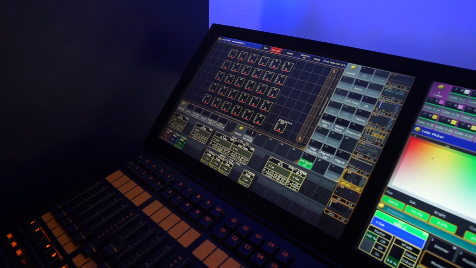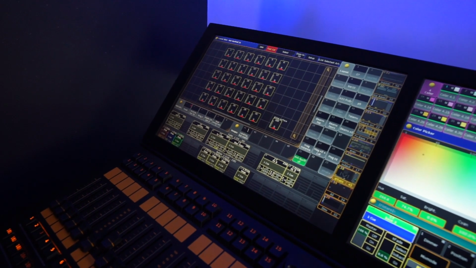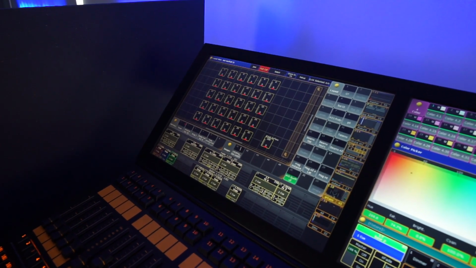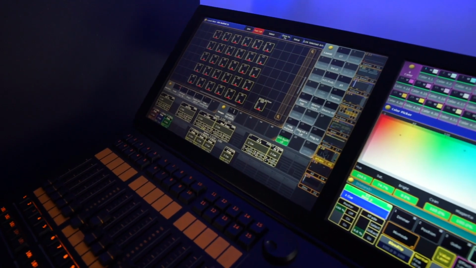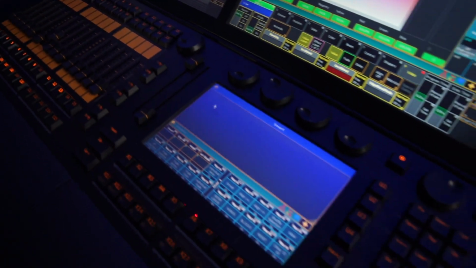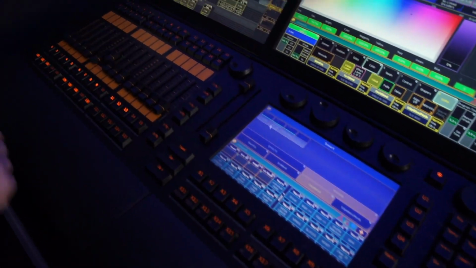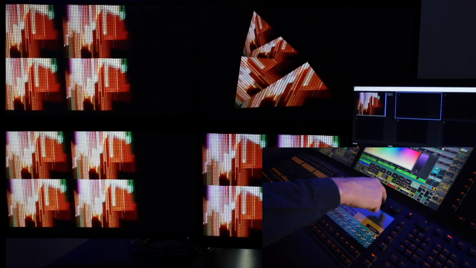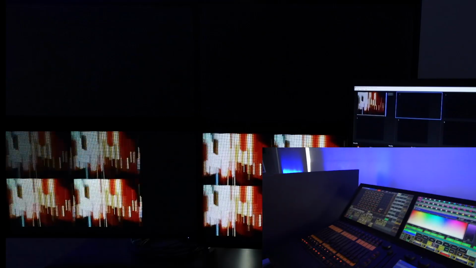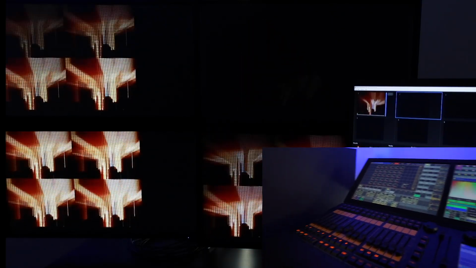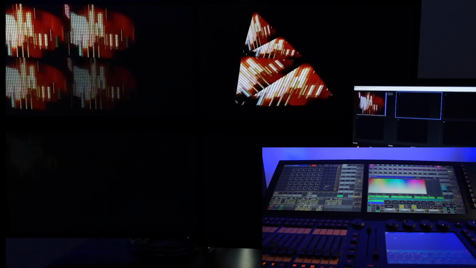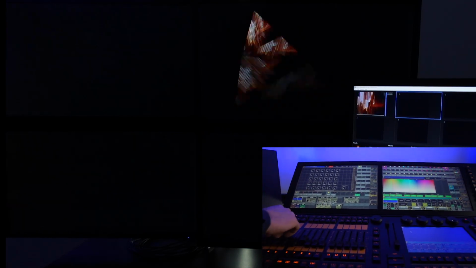Let's see now the last parameter, which is surface intensity. Surface intensity controls the intensity of output of your surface. You can see that as a dimmer, a surface dimmer. I select now all my surfaces and I can just dim down the output of them. Let's see now how we can use some simple dimmer effects, a dimmer chase, on our surfaces.